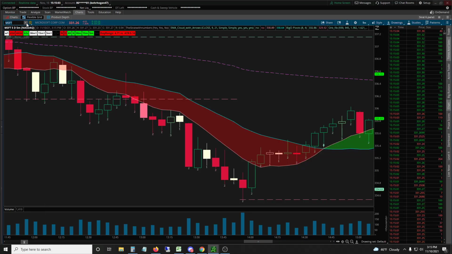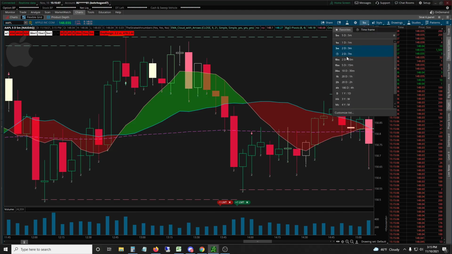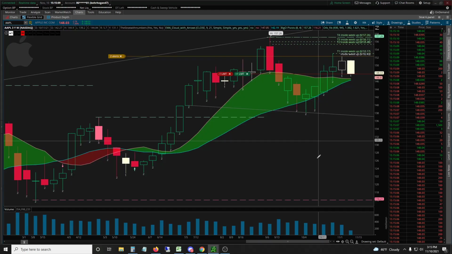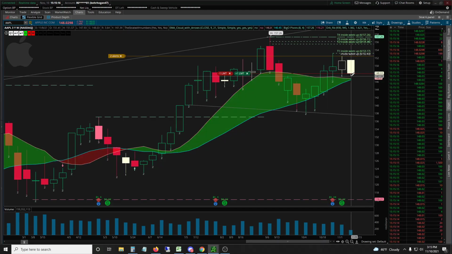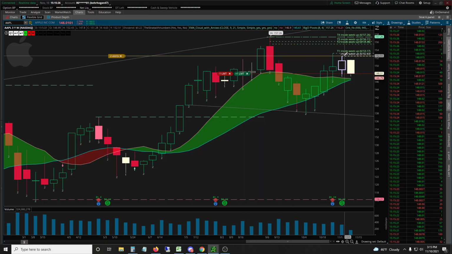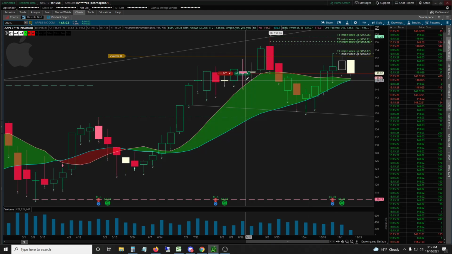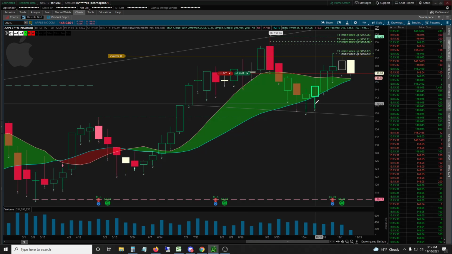So let's take a look at Apple. Here's Apple. Let's take a look at the week. There's the week on Apple. We had an inside week. We're still inside on the week, threatening to break the downside. So you see I have alerts set. I actually had a buy order set as a First Triggers OCO for a break above this. It hasn't triggered. I'm probably going to cancel it before the end of the day, just because it's getting late